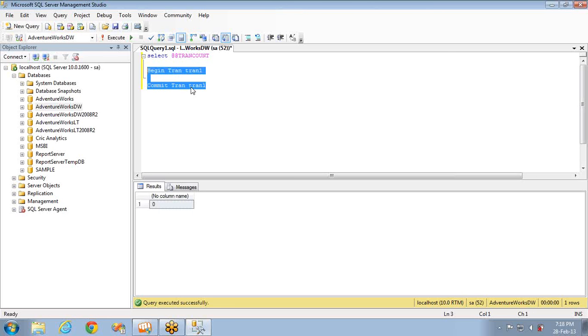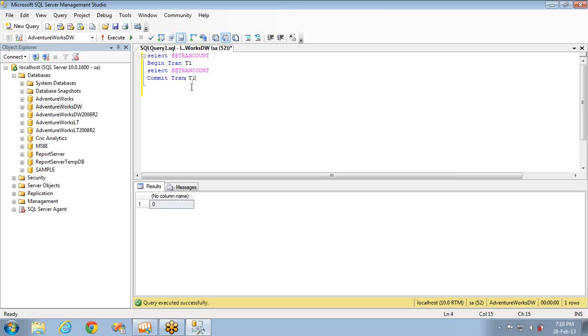Now let's talk about nesting of transactions. Let's see an example of how to nest transactions. First, this query is returning 0. Why? Because there are no open transactions. I'm beginning a transaction, begin tran, I'll say T1, and here I'm executing the same query, select tran count, and commit transaction T1.